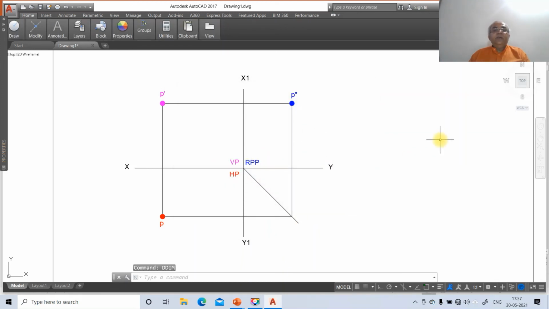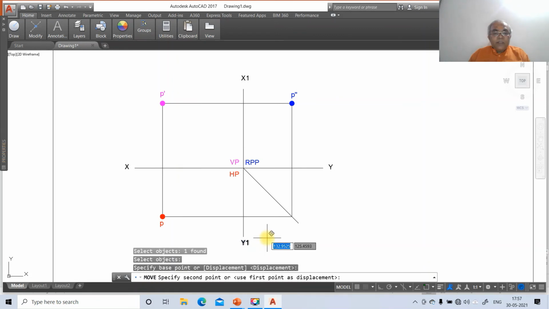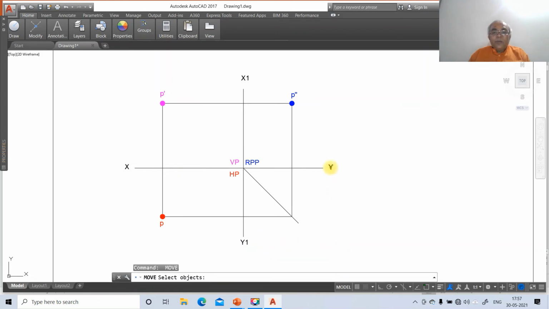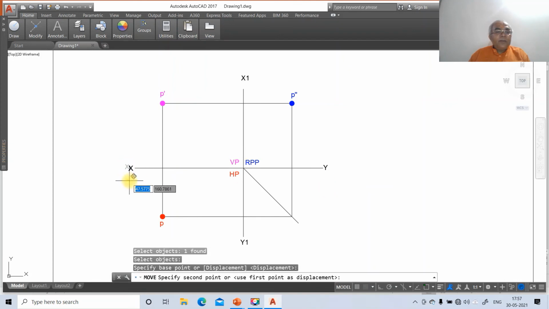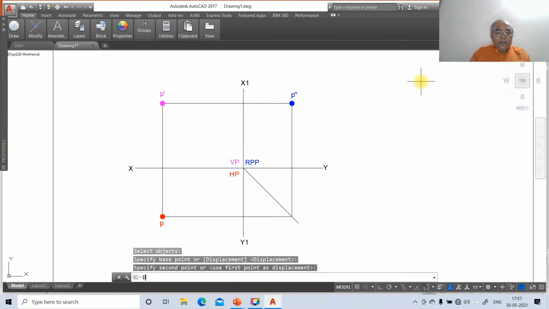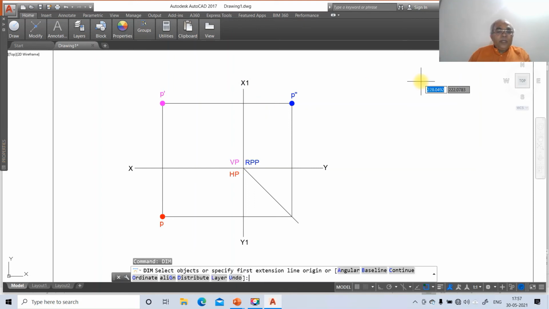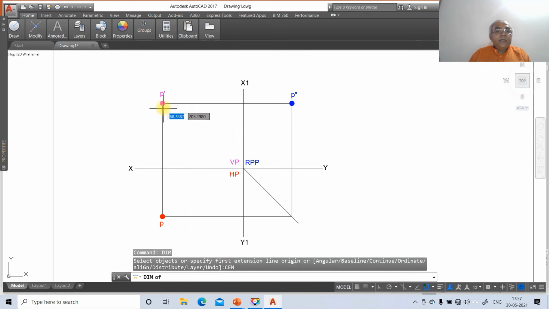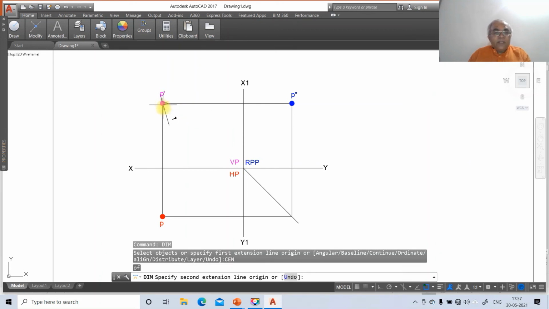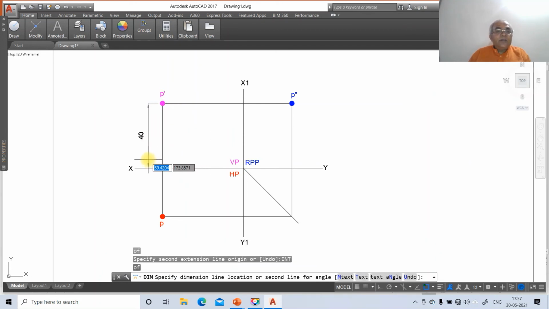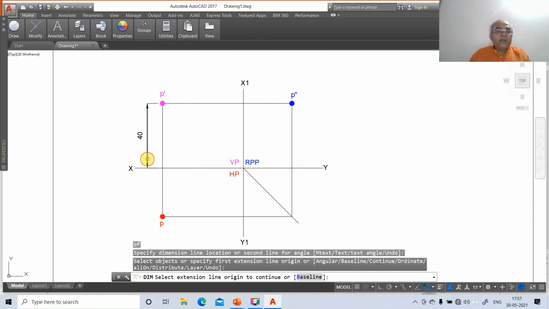Now we need to give the dimension. So here first we will move this, place it appropriately. So here you keep it here, then from here you keep this, and from here you take X1, Y1 here, and go to dim. Now we give the center of this, and then the intersection point of this. Here the dimension you want to get is 40, so you are getting 40 mm.